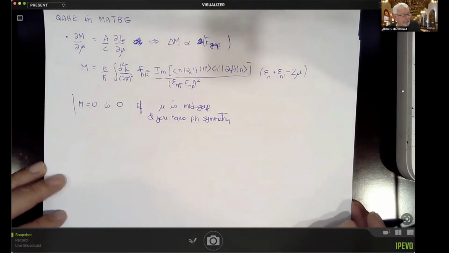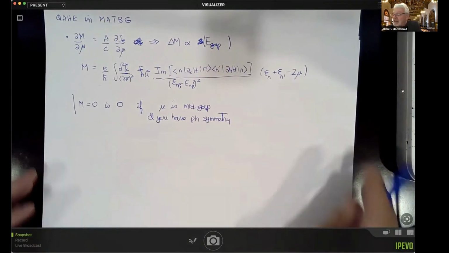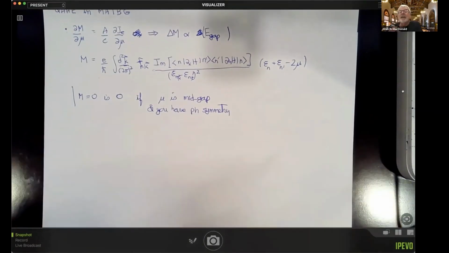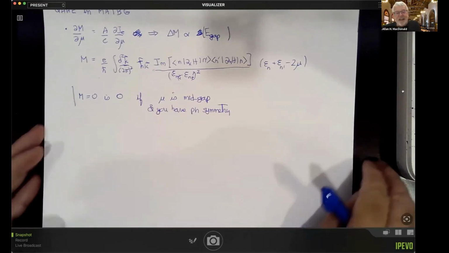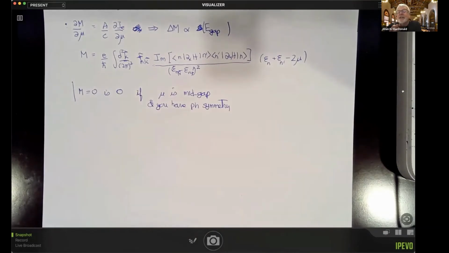And I think many of you are aware that the single particle models that are the starting point for the theory of magic angle twisted bilayer graphene are not particle-hole symmetric, but they're nearly particle-hole symmetric. And if you make them a little bit more realistic, they're not so particle-hole symmetric, but they're maybe close enough that if you look at the contribution to the magnetization from a given valley,